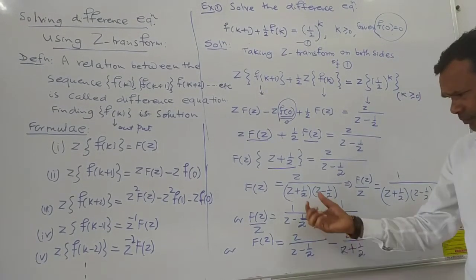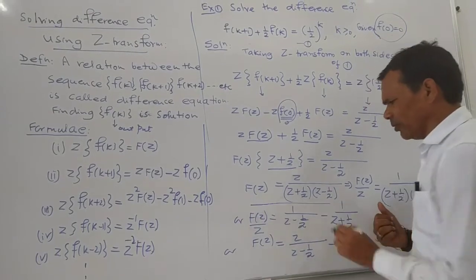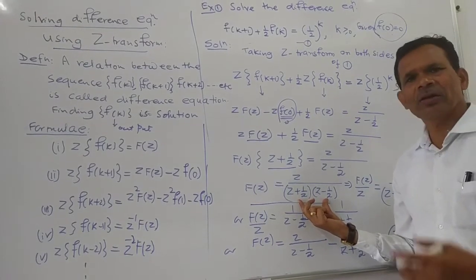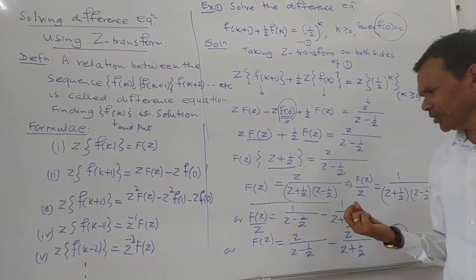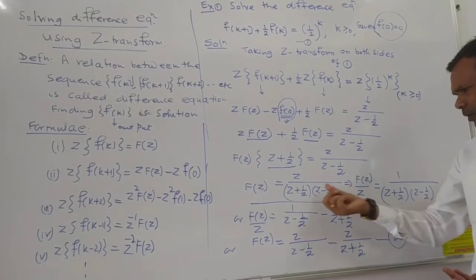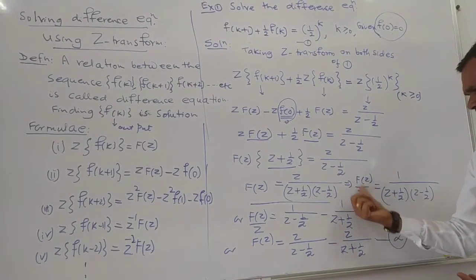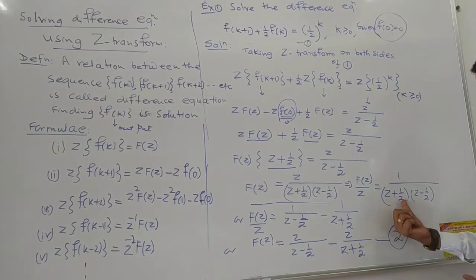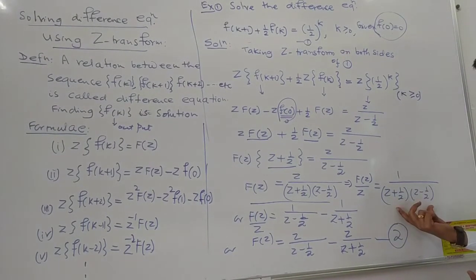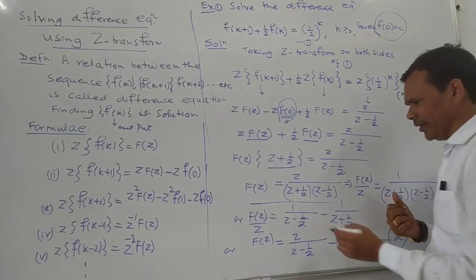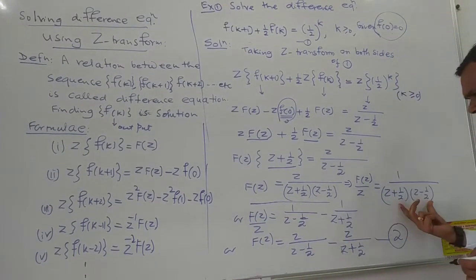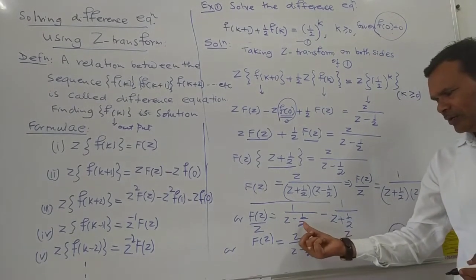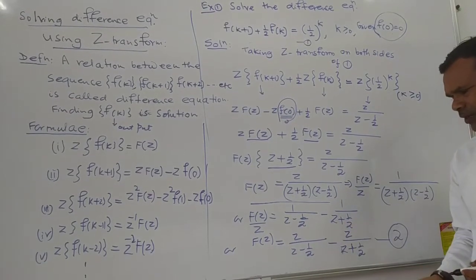Okay. Then I would like to find the inverse Z transform of this. So the inverse of this results in partial fractions, or you can use the inversion integral method also. No harm there. So f of z upon z, I take this z to the left hand side, then it is 1 upon z plus half, z minus half. Resolving this into partial fractions, I am getting the values of A and B, it is 1 and minus 1. So I can write this in this particular form: 1 upon z minus half minus 1 upon z plus half.